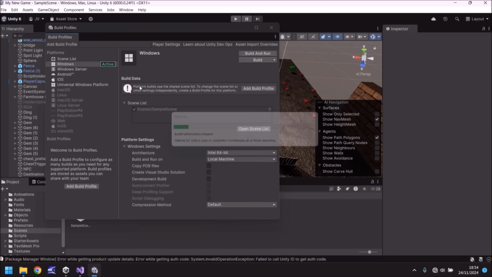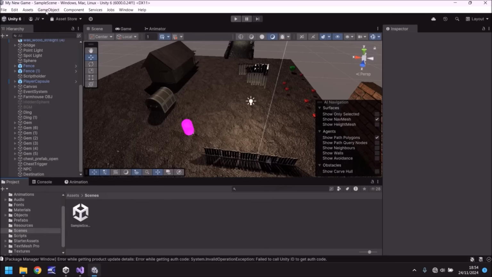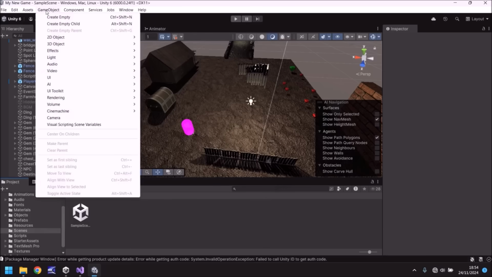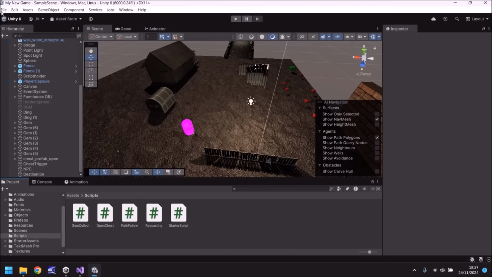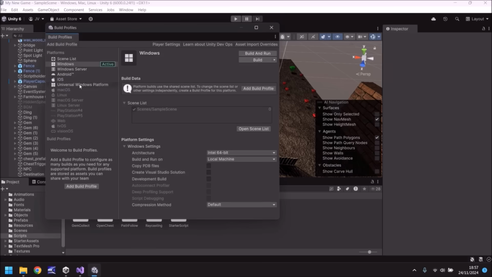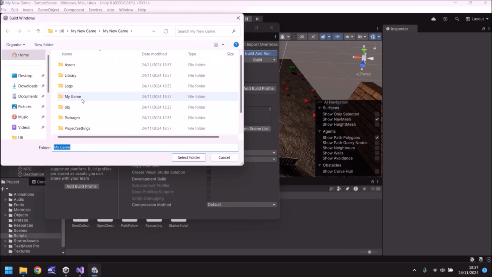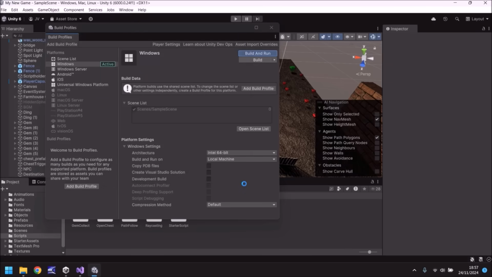So cannot build player while editor is doing something. Package manager error while getting product update details. Okay, so it doesn't like the fact that I am offline at this point, which is completely fine. So let's try it once again. If we go to File, Build Profiles, and let's build and run, go into My Game, select folder, and let's